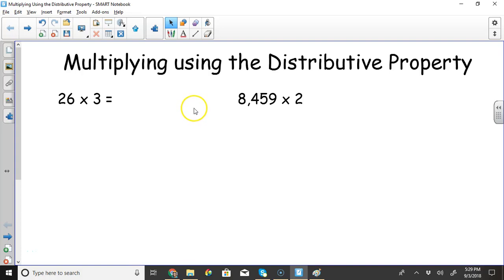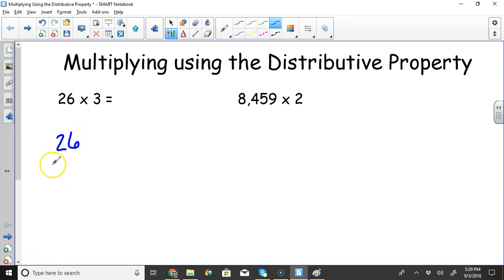Alright, in this video we're going to be multiplying by using the distributive property. I'm going to start slow, or small, with 26 times 3 as an example. So first I'm going to show you the way that you might have seen before, that probably your mom's familiar